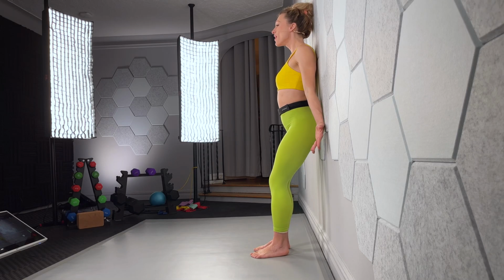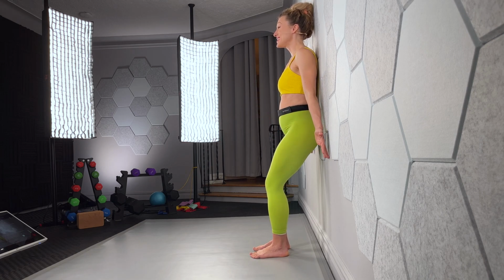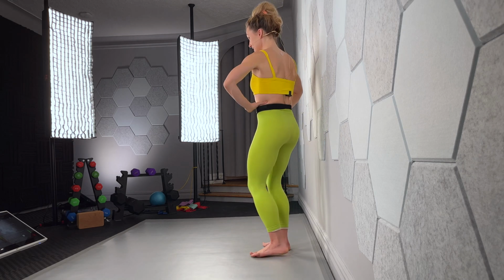Press back against the wall from the hiss. 1, 2, 3, 4, 5. Inhale 1, inhale 2. Everything releases. Let's practice it again. Here we go. And hiss, 2, 3, 4, 5. Inhale 1, inhale 2. And if it helps you, make letter C's right at the base of the ribs,